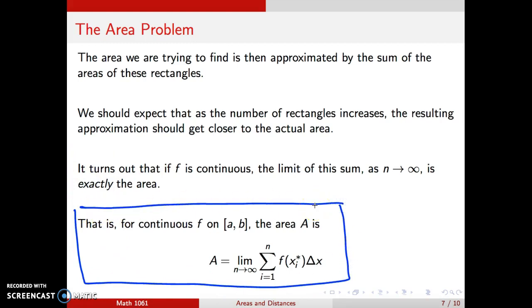So for a continuous function on the closed interval [a, b], the area is the limit as n goes to infinity. As we increase the number of rectangles, n being the number of rectangles, as that goes to infinity, this better and better fills in that space. Again, if you think of the picture,